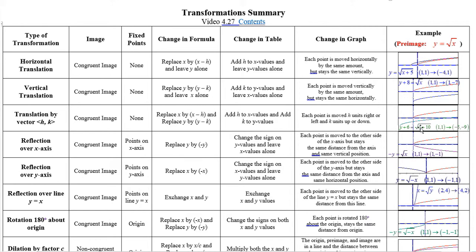And then you give an example over here where I started with, in every example, the pre-image in red, y equals the square root of x, which has an arrow on the right, no arrow on the left, an endpoint at the origin for the original. And then I've done something with it. For example, this one here, I've replaced x by x plus 5, so we should be going to the left 5. And so, for example, 1,1 is shifted over to negative 4,1, and so forth. You can see these on all of these examples here